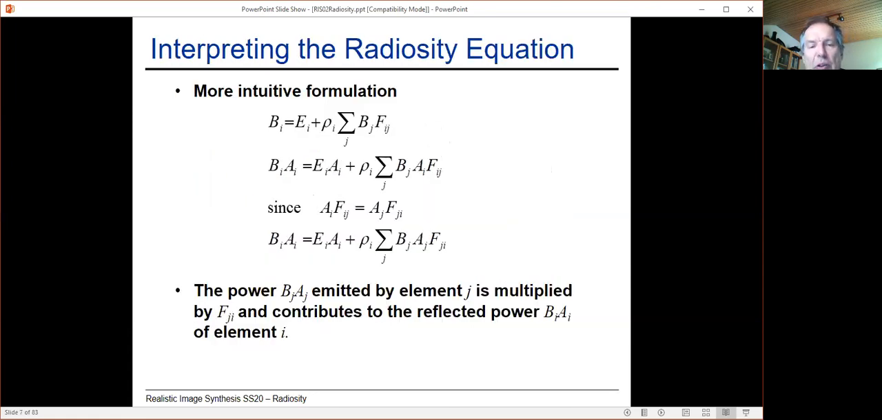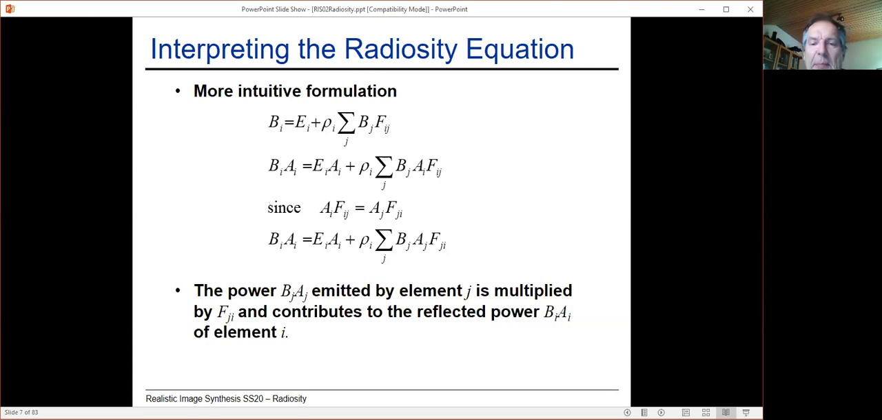I would like to pinpoint your attention. I stress today that these form factors describe the fraction of energy that leaves surface I with respect to surface J. So in this first equation that you see here, this is exactly what these form factors stand for. But on the other hand, you may be surprised, because we multiplied by Bj,